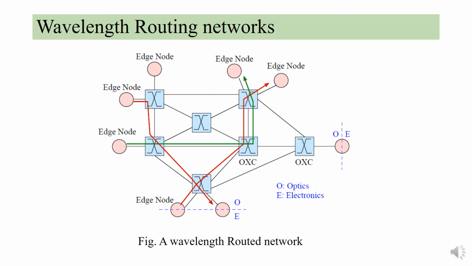Here in this figure we can see one edge node directing towards the other edge node, represented in two different colors, one in red and another in green. So these are two light paths shown in the routed network. Hence, the light path acts as a transparent clear channel between source and destination edge nodes. So, there is nothing in the signal path to limit the throughput of the fiber.